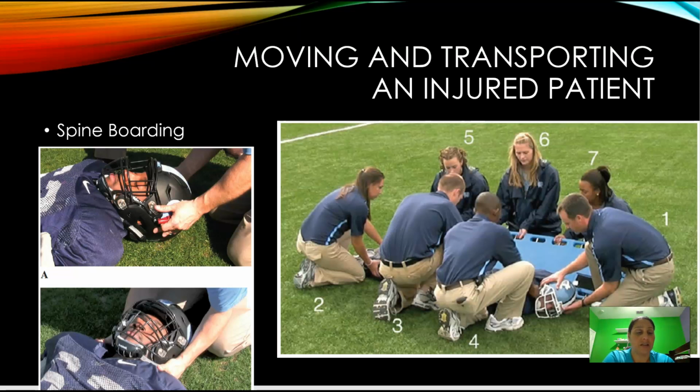Okay, spine boarding, and I will have videos for you when we do the spine boarding lab. This is kind of explaining to you what we're doing. Now remember, if an athlete is unconscious, we're automatically going to hold inline spine mobilization. Hopefully they become conscious and can answer questions. If not, we are definitely still going to spine board them. Again, it also depends on what county you're in and what the protocols are. So that's why I make sure I talk with the ambulance prior to games,